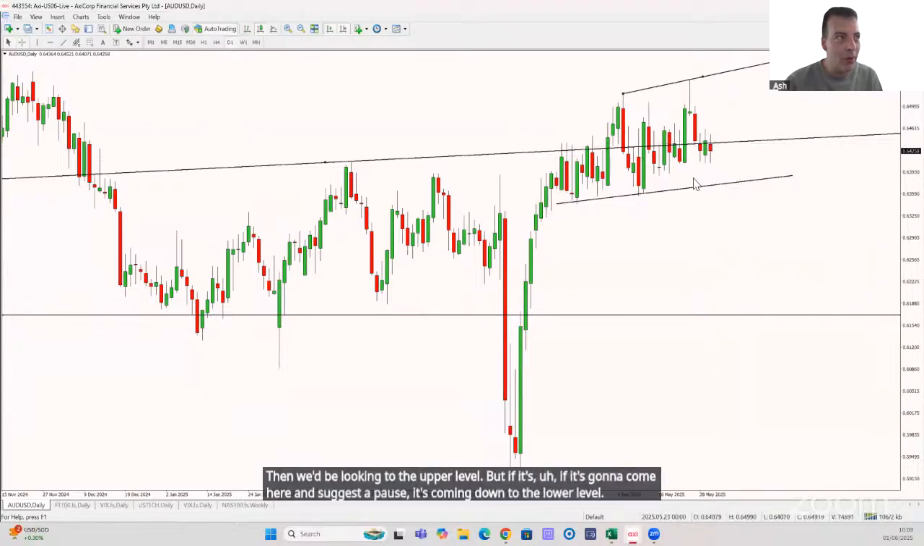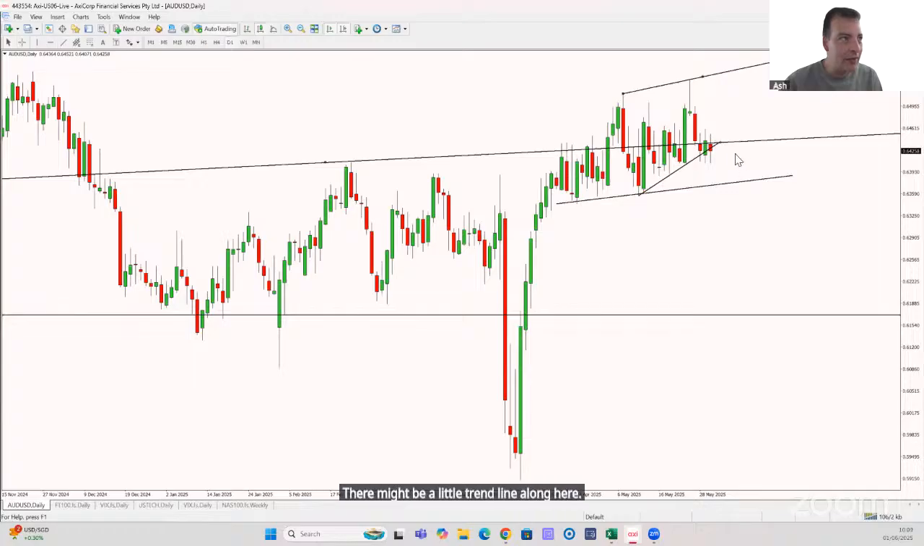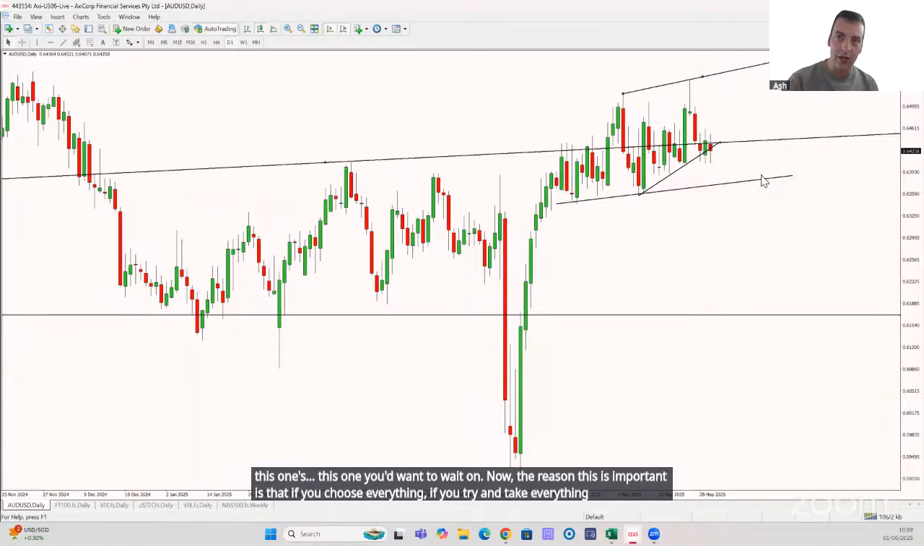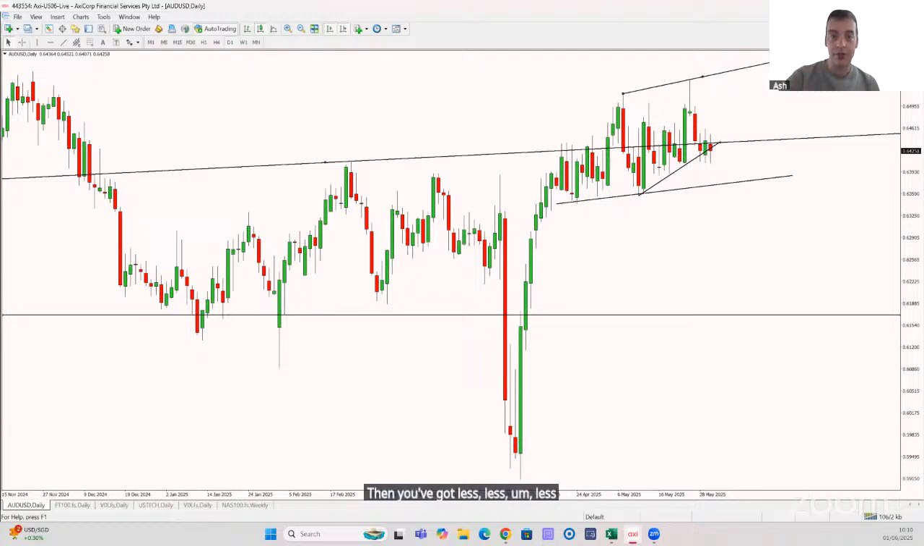So what I would read from this right now is that it's a bit too choppy to take a trade. There might be a little trend line along here. It's not very clear, is it? So this one you'd want to wait on. Now, the reason this is important is that if you try and take everything against the dollar, then you've got fewer trades to look at straight away. So you might not want to see the dollar. You might just want to see